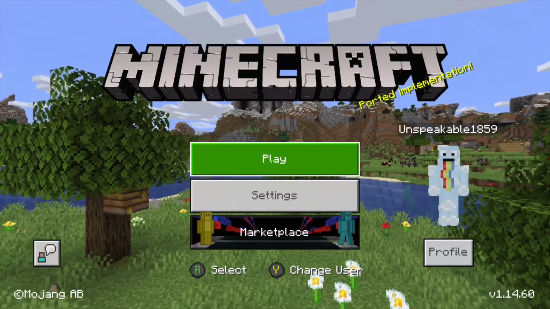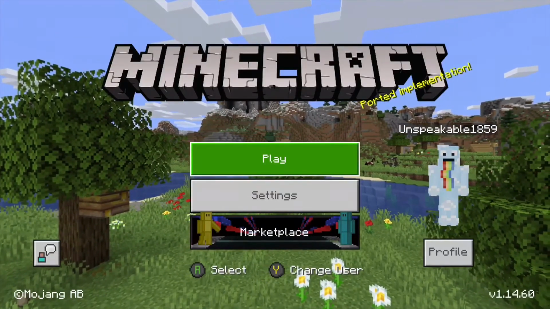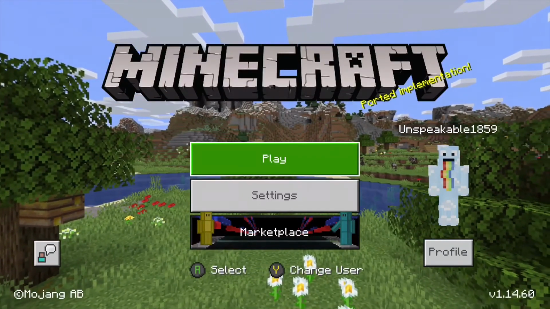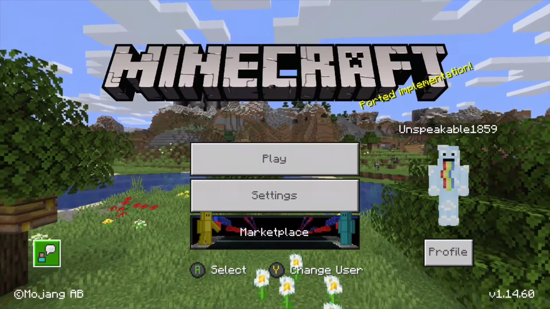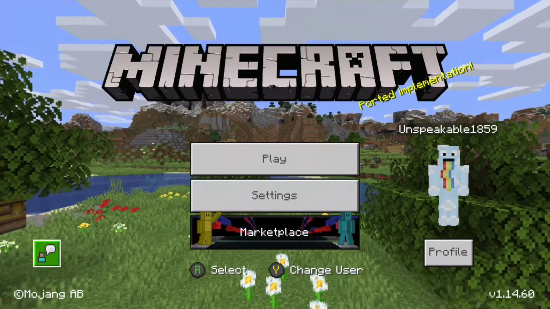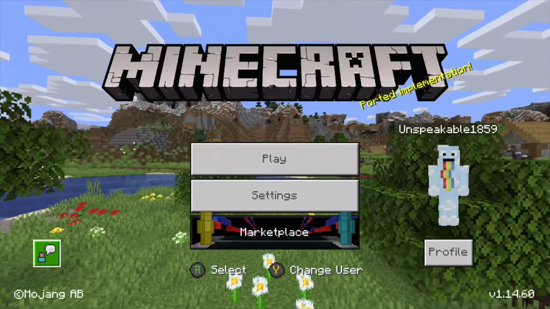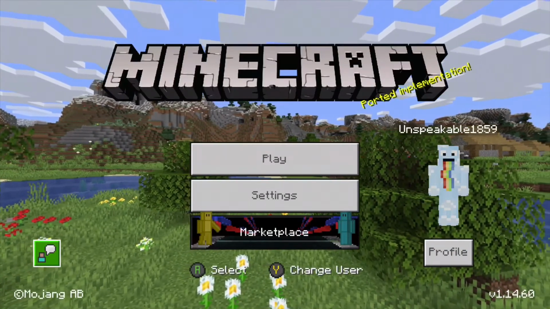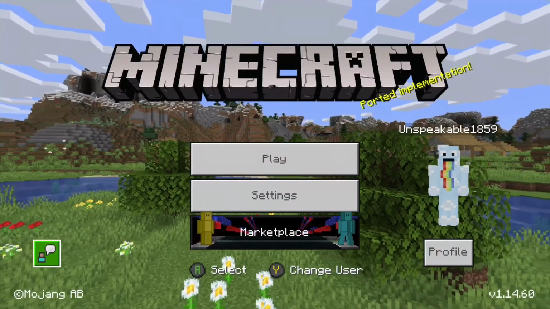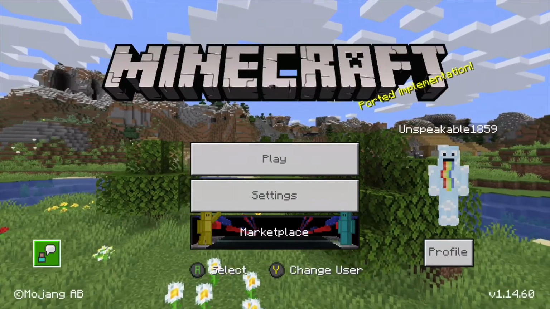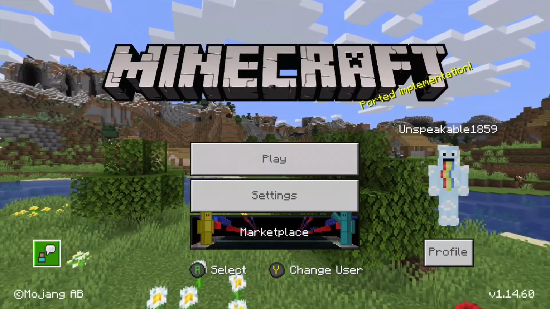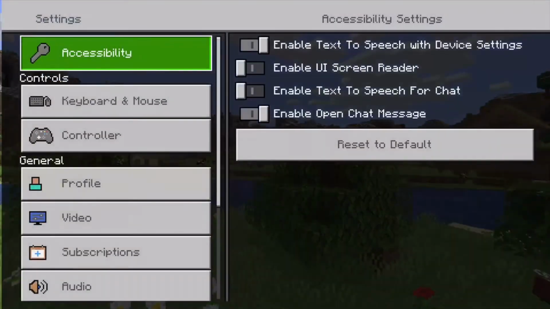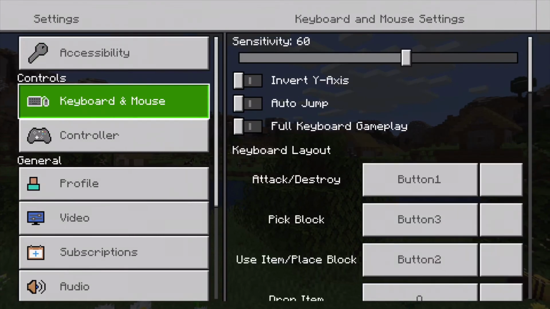So if you can see the play button, it's green, and when I use the left joystick to move down, it goes green on settings. If I go to the left, that little person, like a Minecraft head and body with the text bubble, will take you to Internet Explorer and have a Minecraft FAQ page for frequently asked questions, and you can ask your questions. So that's that. And then if you click settings and you go down,